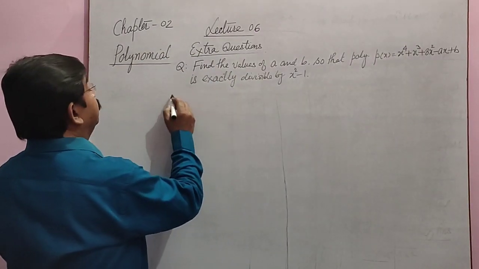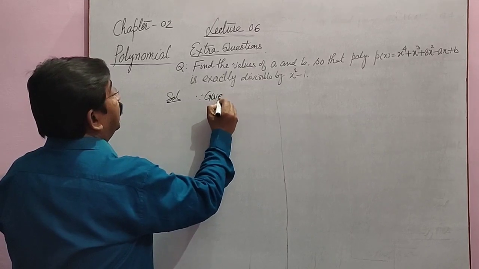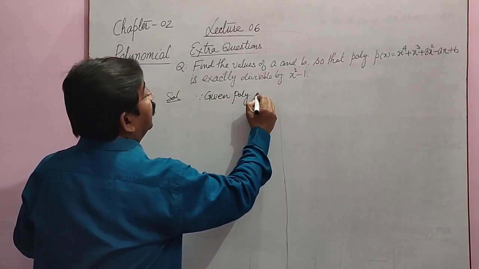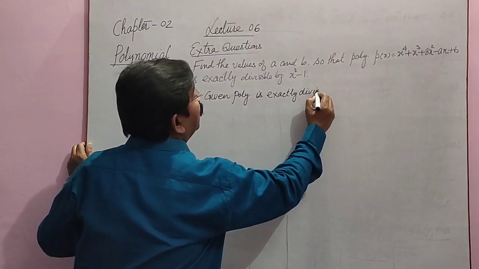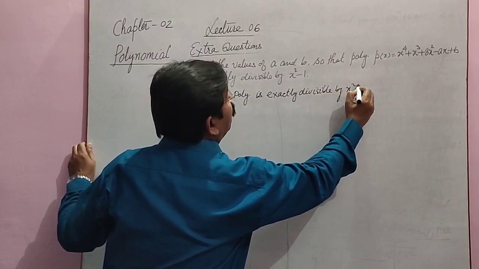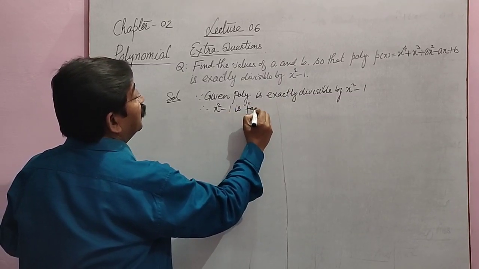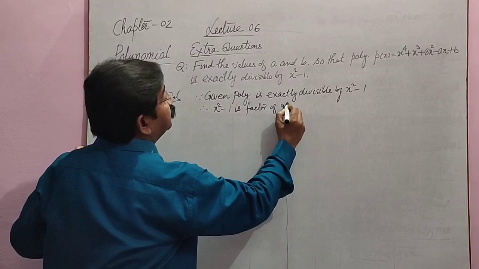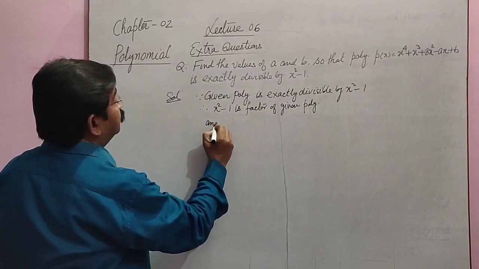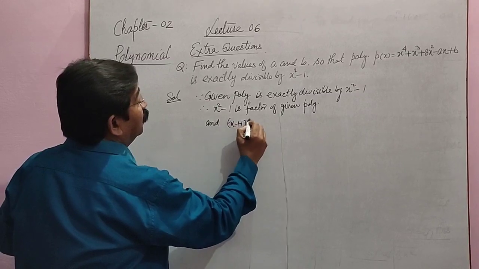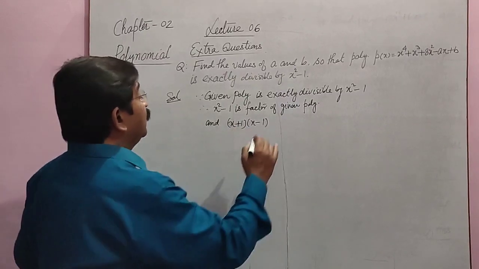So how to write? Let's see. Solution. Since the given polynomial is exactly divisible by x square minus 1, therefore x square minus 1 is a factor of the given polynomial, and this x square minus 1 can be broken as x plus 1 into x minus 1. So x plus 1 and x minus 1 is